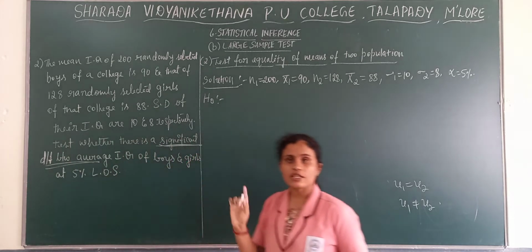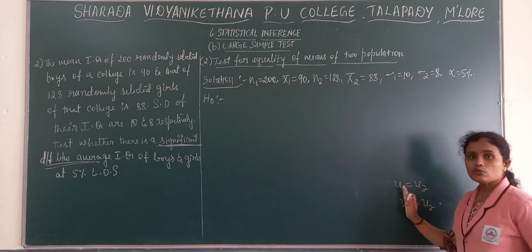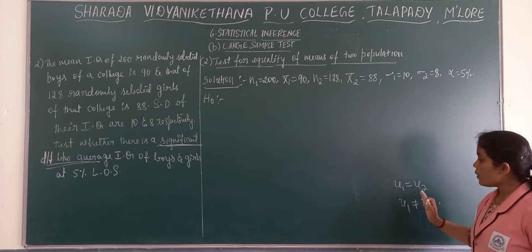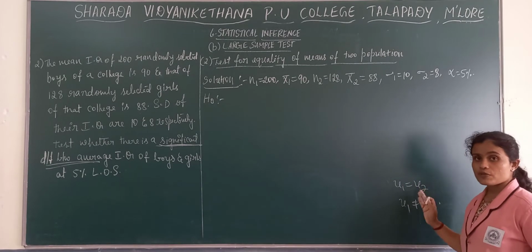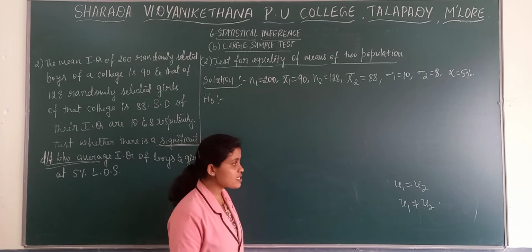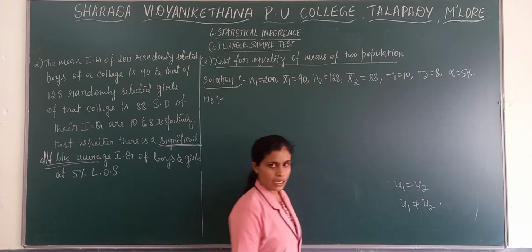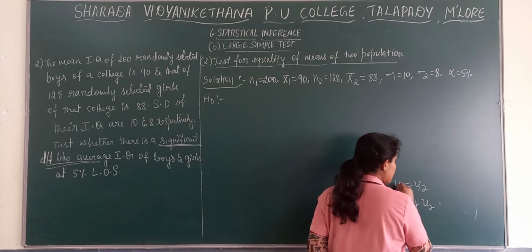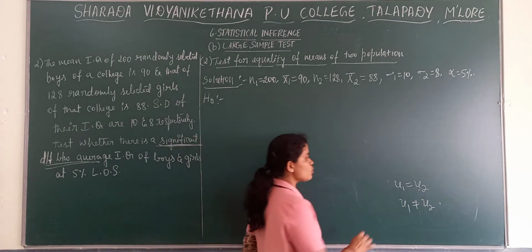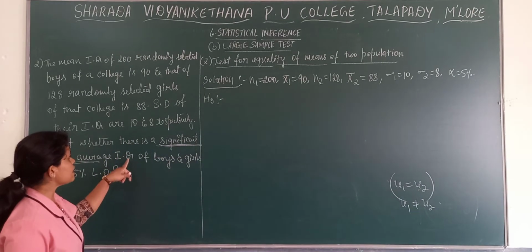Significant difference: this kind of question comes where you will have two sets of information that you need to check or test. They are asking whether you can find any significant difference between the first value and the second value, whether they are finding it or not. We know that if it is a two-tailed test, we need to present always mu1 is equal to mu2. Then we need to frame the sentence here.